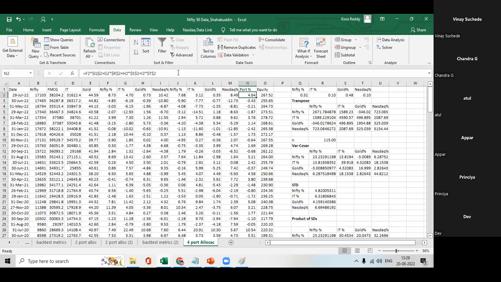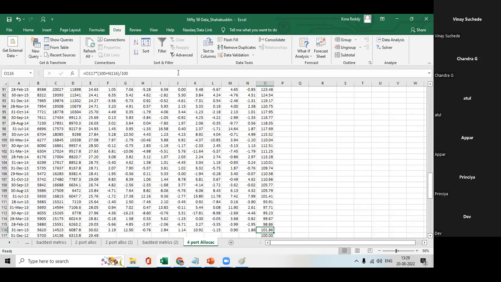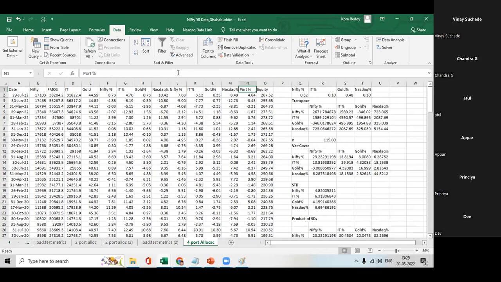This is what it is. So your 100 has become 267. Now, if you want to compare with your benchmark,